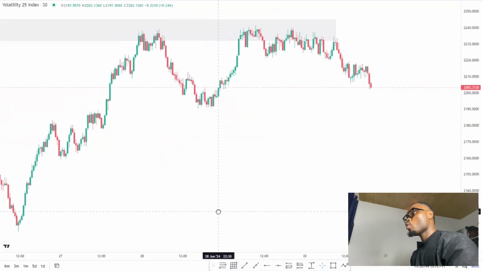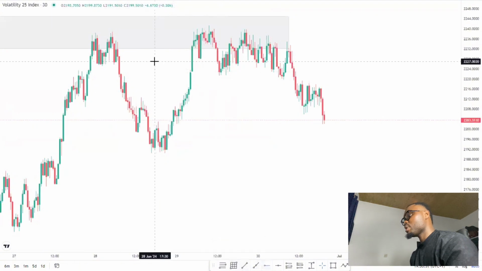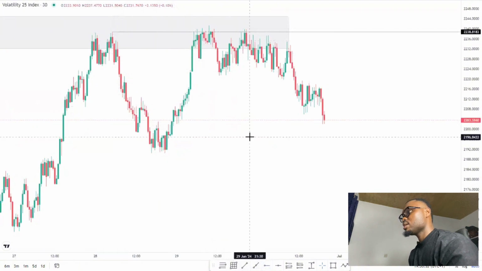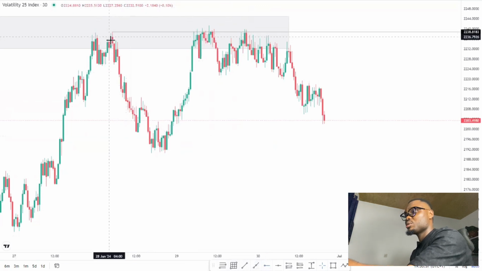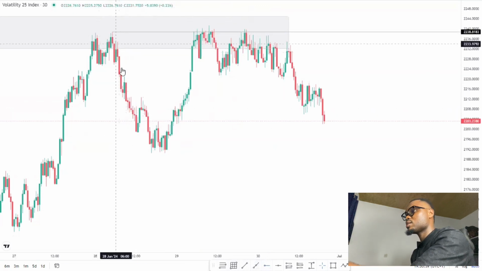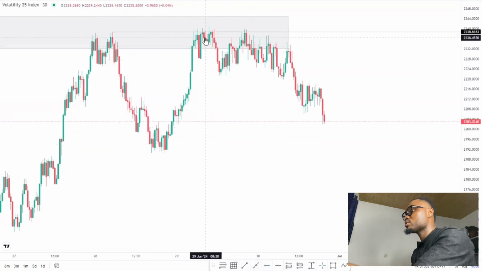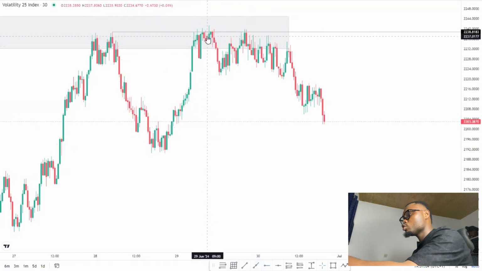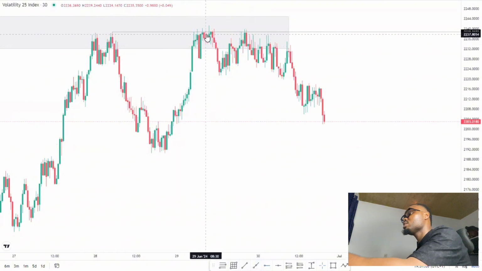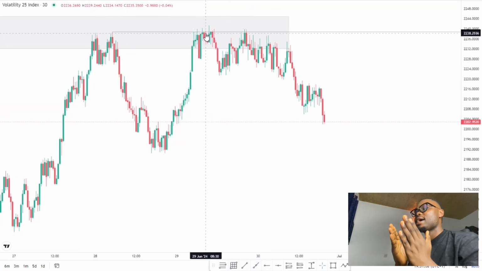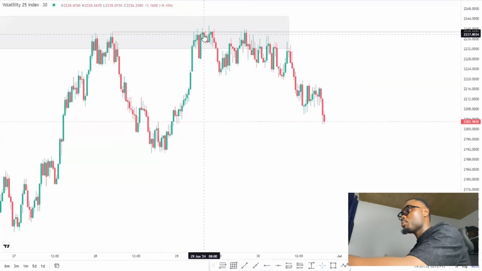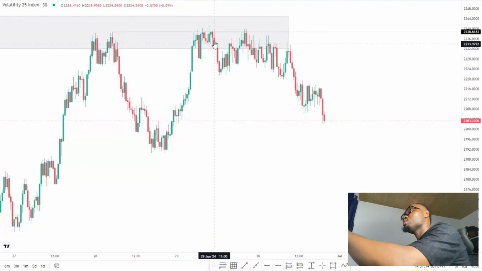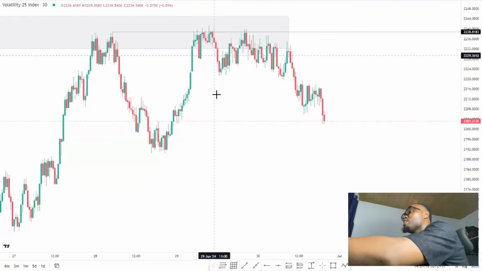So I went down all the way to the 30 minutes time frame. You guys can see, here is a mitigation that happened here. Here was a mitigation, price came all the way to the downside, created a double top, came all the way to the downside, rallied all the way to the upside again to mitigate for the second time. Now this particular mitigation, you guys can see from the ICT concept, this particular stuff is actually liquidity. Price rallied all the way to the upside again to clear out this liquidity,